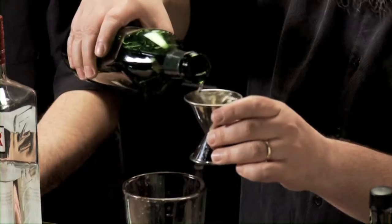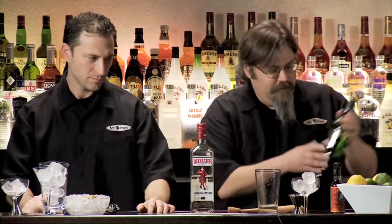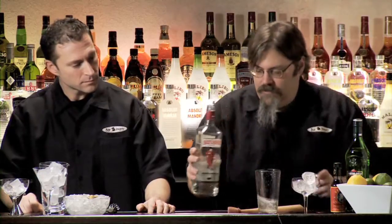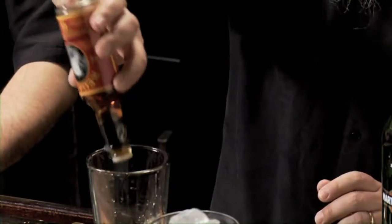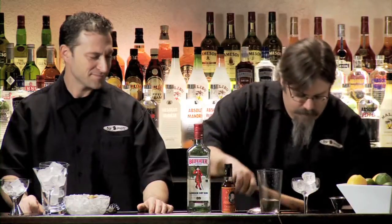I'm going to start with 1.5 ounces of dry vermouth in there, splashed in maybe a little too enthusiastically because I like these, and 1.5 ounces of Beefeater, an excellent London dry gin for this. And finally, to tie it all together, looking back into cocktail history, a couple dashes of orange bitters. I'm using Gary Regan's, which have a nice herbal note to them. You'll need that later. Now, stirred drinks, I like cracked ice, so I'm going to